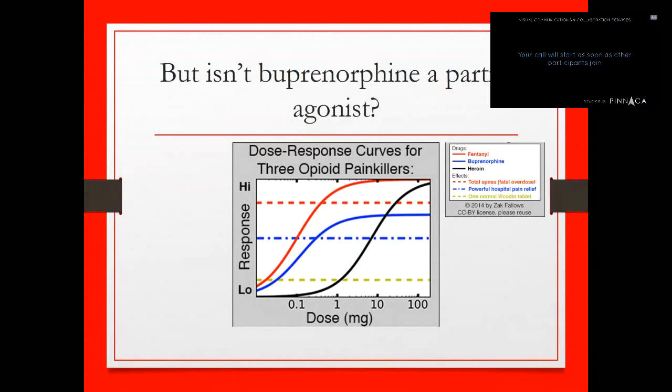So the question is, we hear all the time, it's drummed into us, buprenorphine is a partial agonist, but the point is that all opioids have a ceiling effect. A partial agonist is a drug that achieves less than 100% effect when 100% of the receptors are occupied. And that's true in vitro with buprenorphine, but in vivo it seems to have a full agonist effect for pain in most studies that have looked at this in a systematic, quantitative measurement way. There is, however, a ceiling effect for respiratory depression, which is why this medication is so safe and so useful.